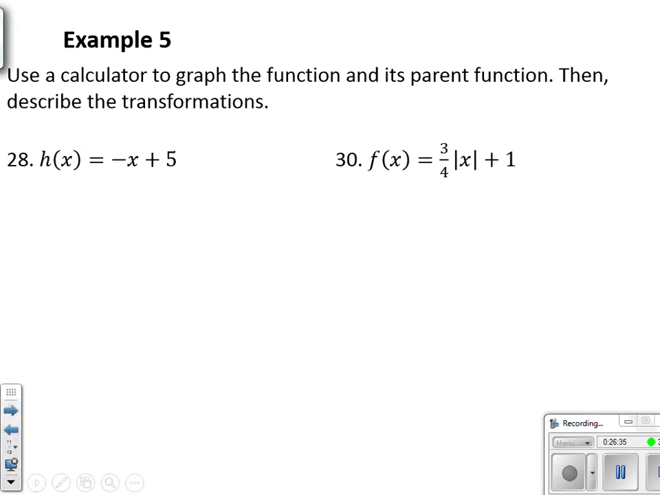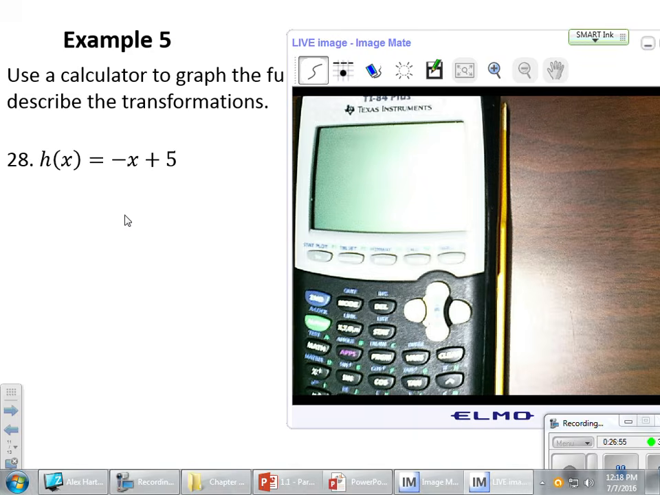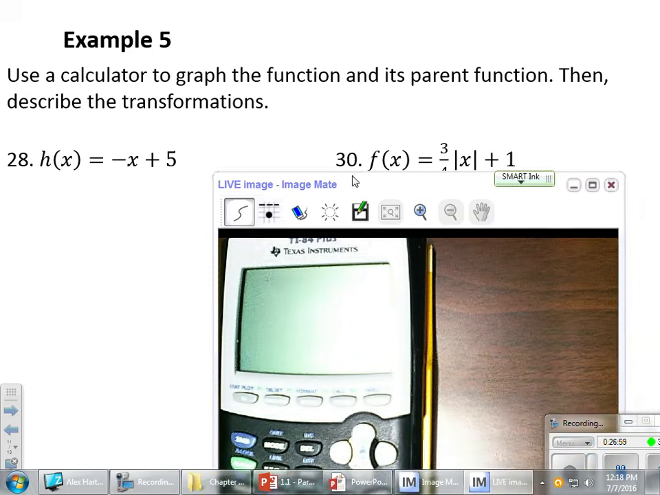Example 5, use a calculator to graph the function and its parent function, then describe the transformations. So let's pull up the calculator once again. Remember that this h of x and f of x, those are just the names of functions, and x is our input. Here, if I pull open the calculator, well, let's do the